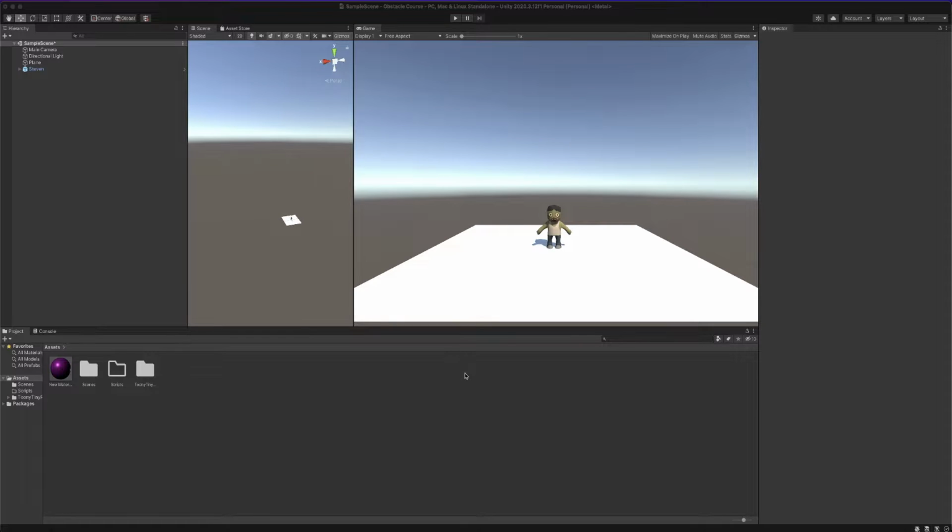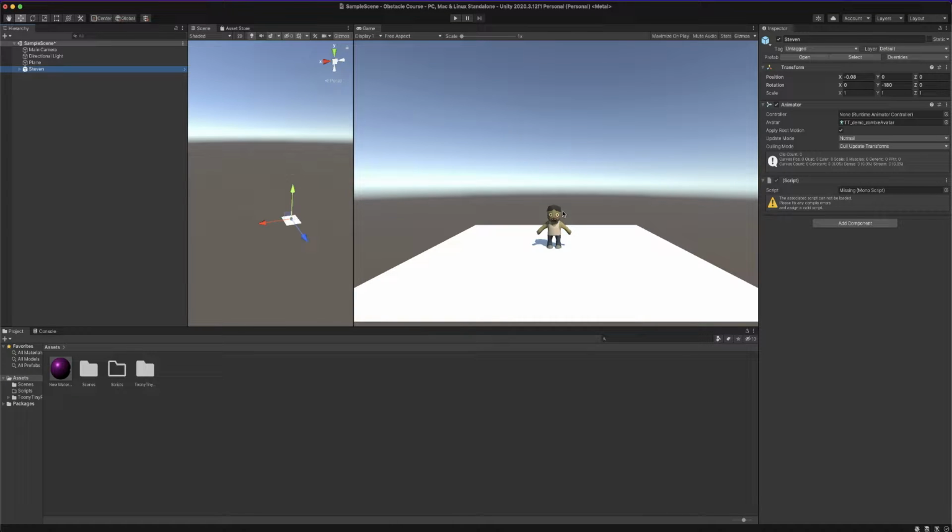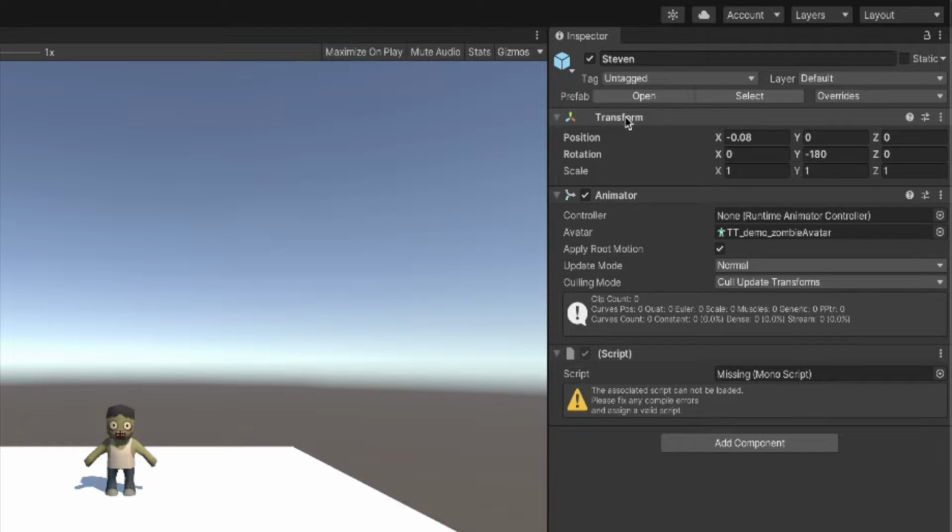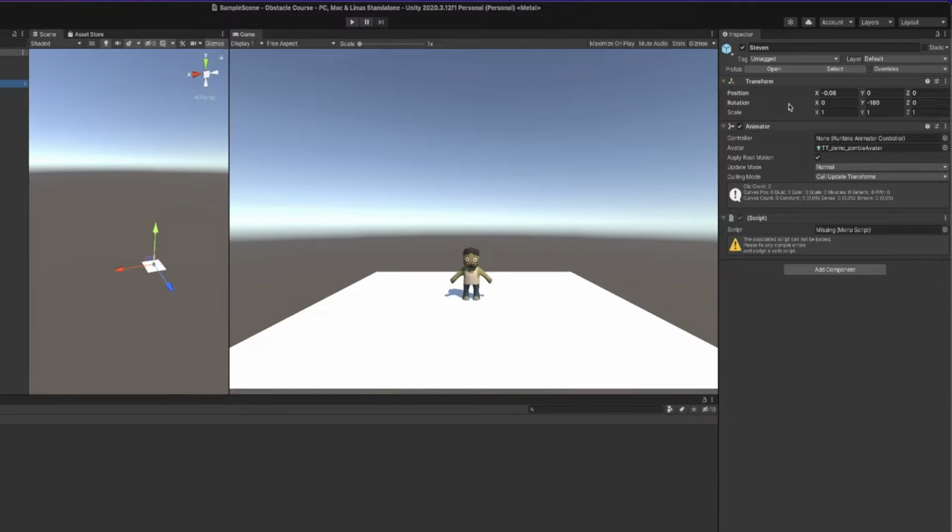Okay, so today we're going to be looking at the difference between start and update in Unity. So let's start it off. Let's take a look at our friend Steven here. And I want you guys to take a look over here, transform. And I want you to keep that in mind and show you quickly how that